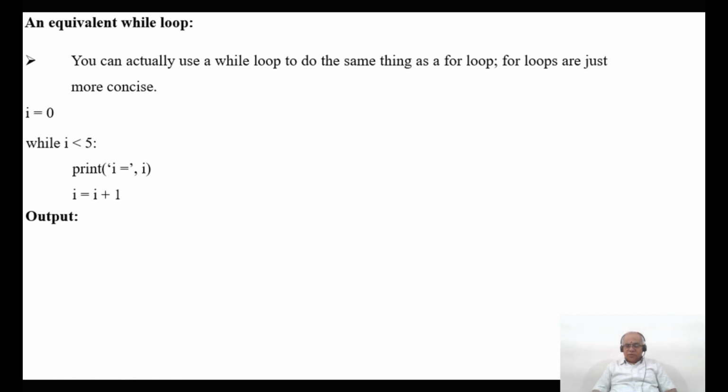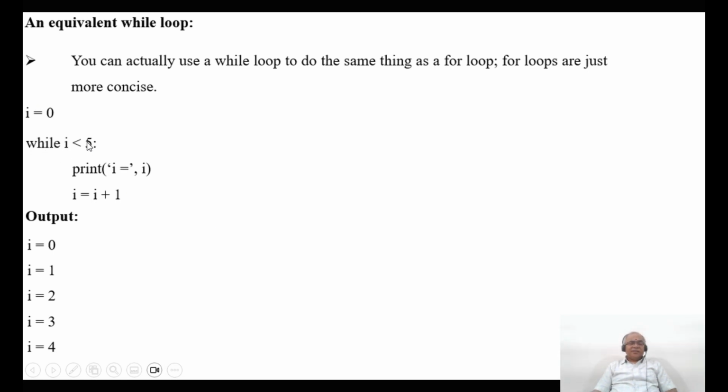Then what is going to be the output? The output is i is equal to 0, i is equal to 1, i is equal to 2, i is equal to 3, i is equal to 4. How does it work? Now when you see here, it initializes the value of i equal to 0,